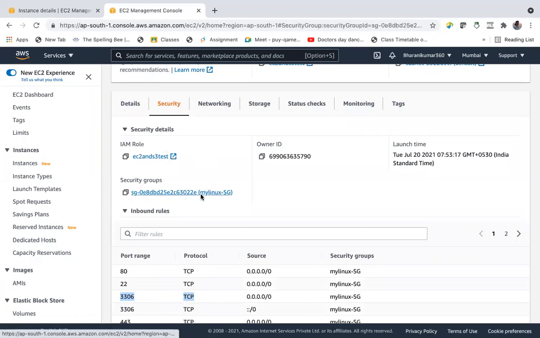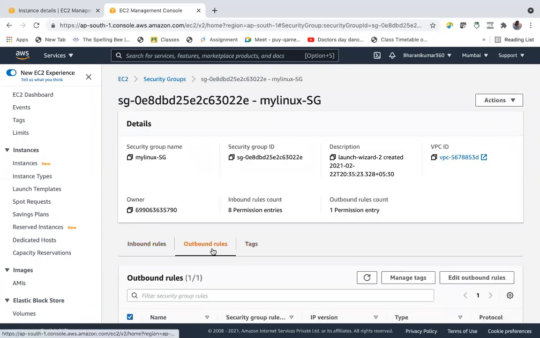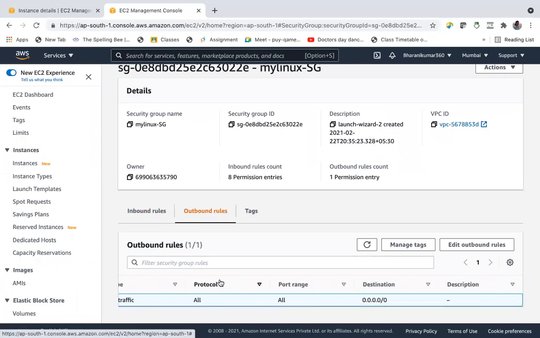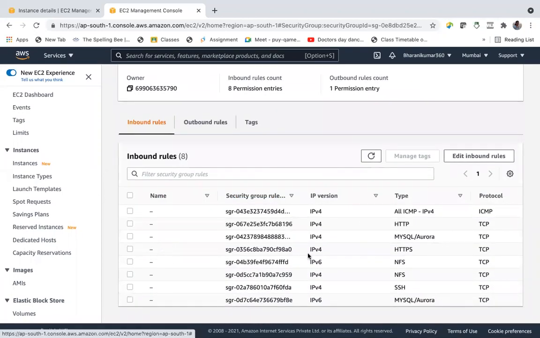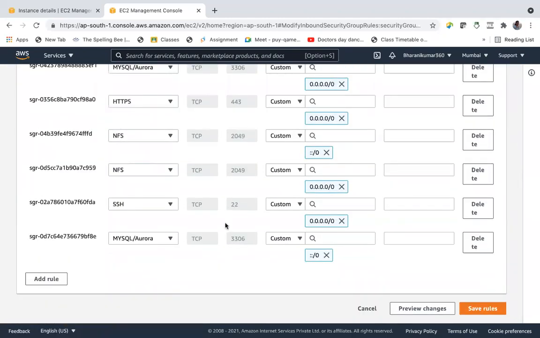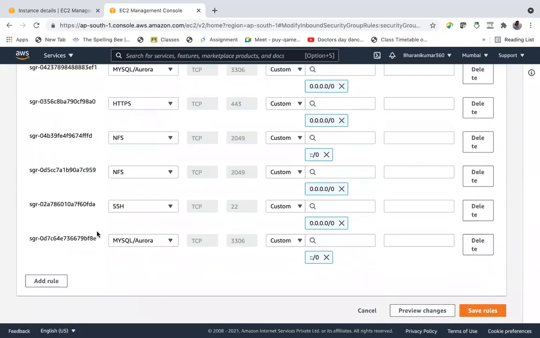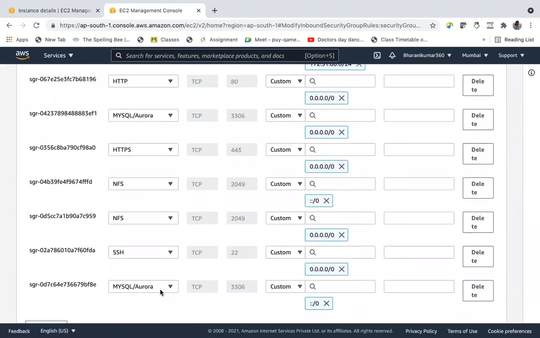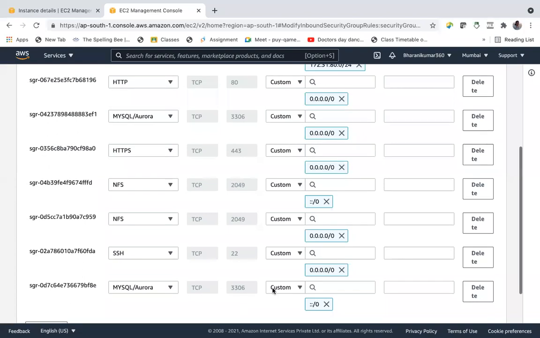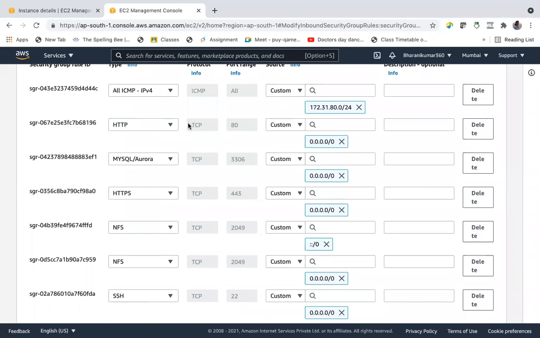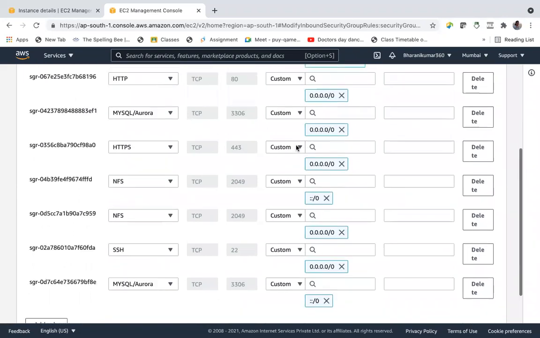By default, all the outbound rules are allowed. Okay, inbound rules, edit inbound rules. We have two. Since I have selected IPv6, that's why there are two MySQL.